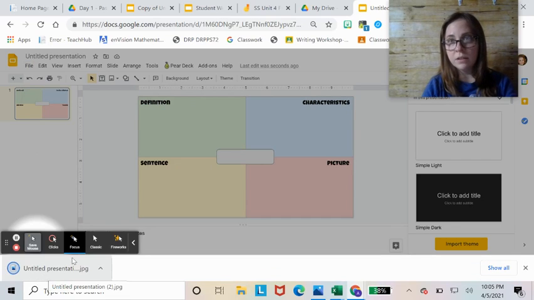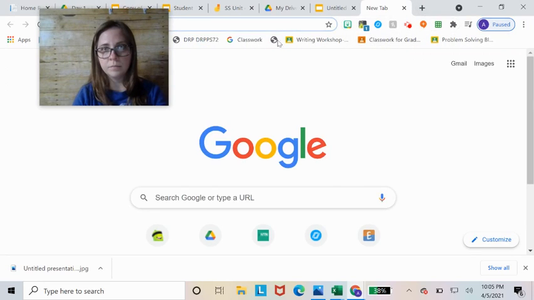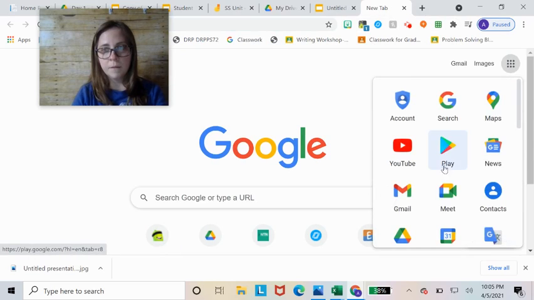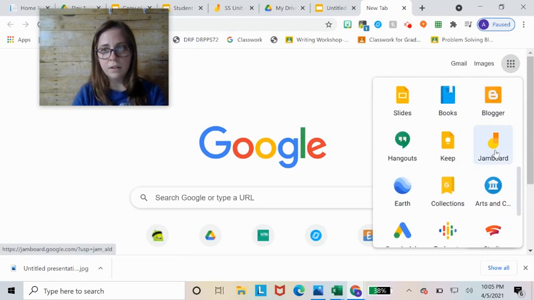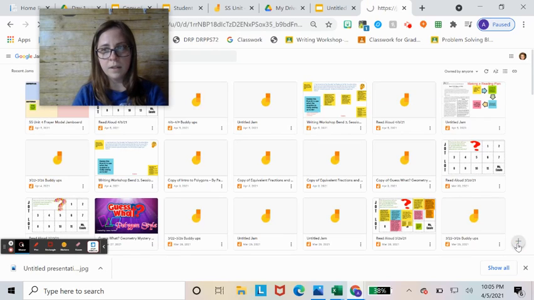And there you have it. Now you can go to a new Jamboard by clicking on your waffle, going over to Jamboard, clicking on the plus button,